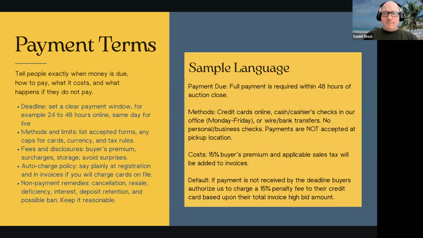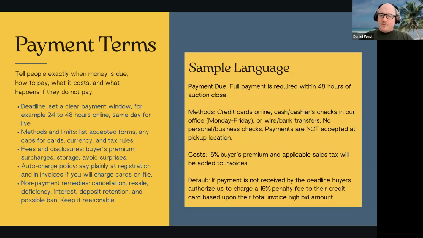Just offer them this option to relist. They'll pay the relisting fee. They'll be happy to do it. Put the items in a follow-up auction. No big deal. Do it before the removal period so that people who are going to come pick up know, right? They have an opportunity to come in and they think, well, you know what? I wasn't going to bid on that water bottle, but now that I'm going to go pick up, I'm going to go ahead and bid on it. Maybe you'll get 10 bucks out of it. That's how it works.